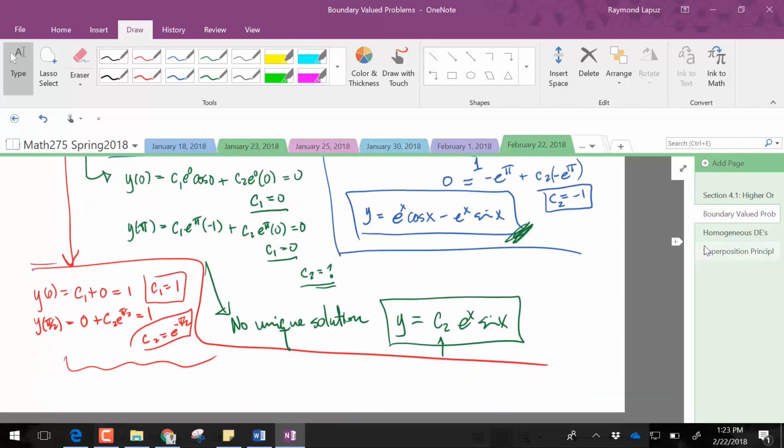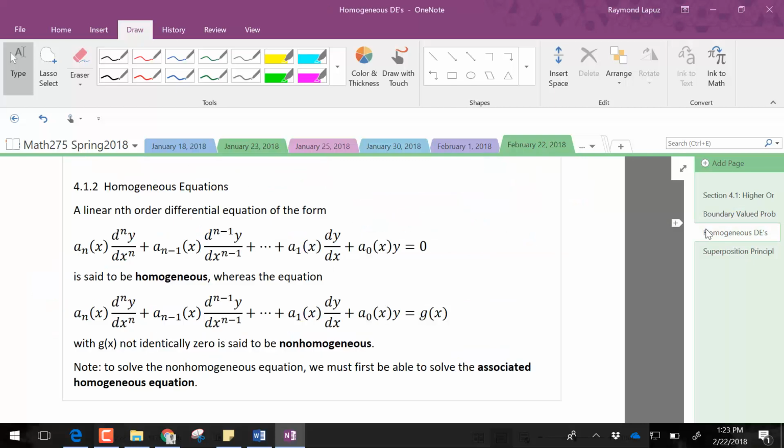All right. So that's just a little glimpse of a boundary value problem. We're focused more on initial value problems. Let's go to our second definition of homogeneous,